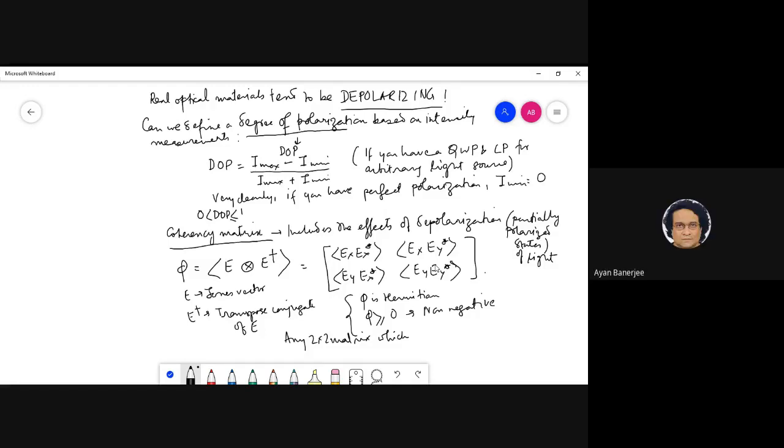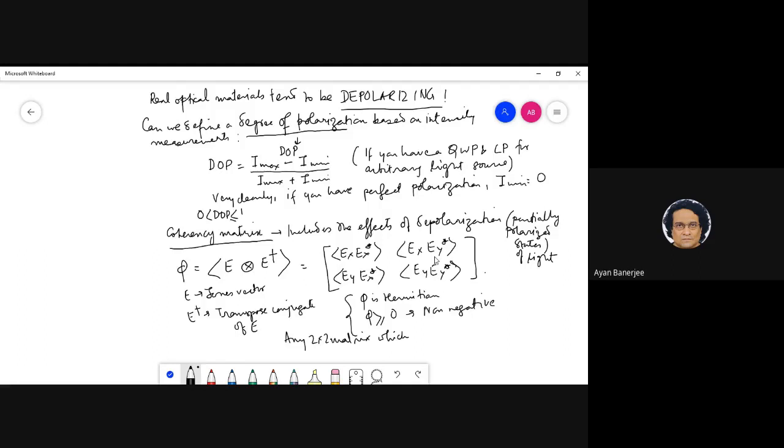Yes, sir. See again, Hitesh, coherency matrix is something that we describe for light. Experimentally you go straight to the Stokes condition. Okay, so this is very clear, right? Ex Ey star is nothing but just Ex Ey cos 45 degrees, nothing but 2 E0x E0y cos delta. Okay, so this is the phase angle between them. One of them is cos delta, the other is sine delta. But don't think of experimentally measuring them.